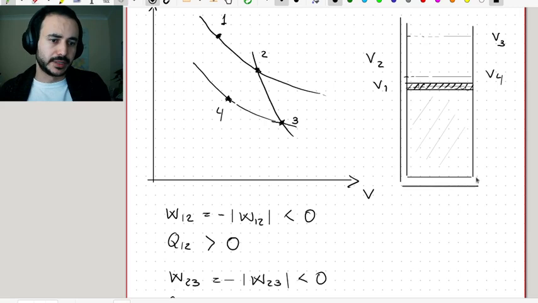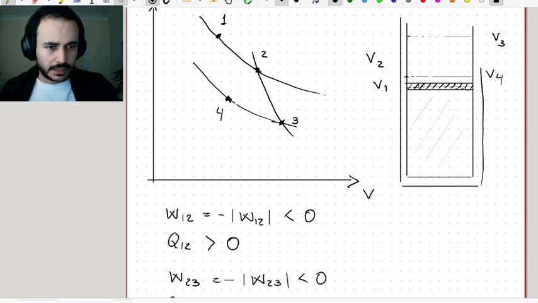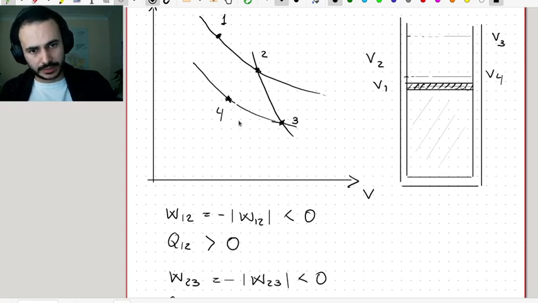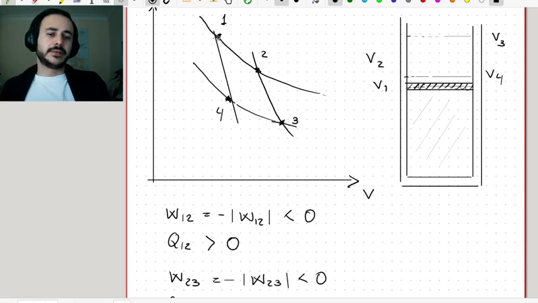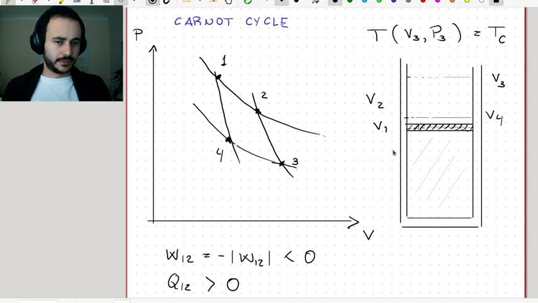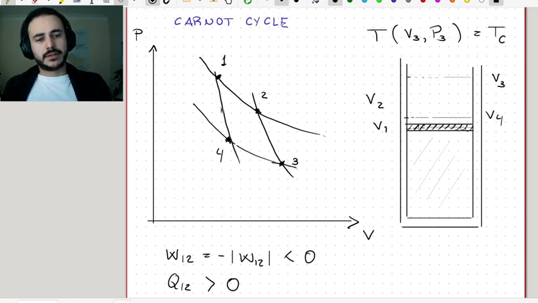So I put my insulation back. I compress the system a little further, and now, because I'm insulated and doing a quasi-static adiabatic process, I move along an adiabat, and this adiabat is such that it cuts at the same initial state we started from. So we have closed the cycle, and this thermodynamic cycle is made of 2 isotherms and 2 adiabats,